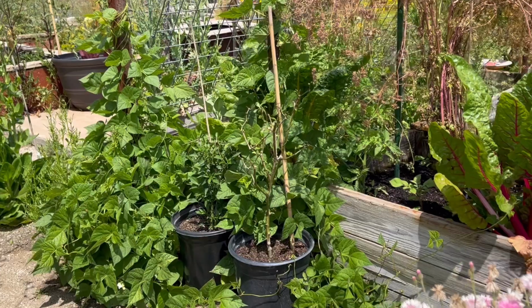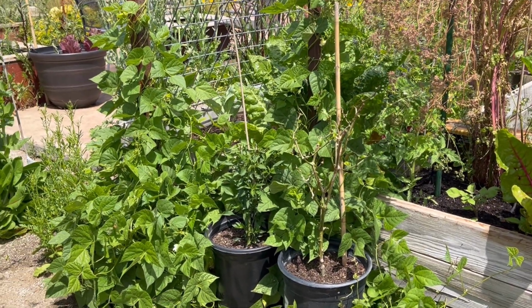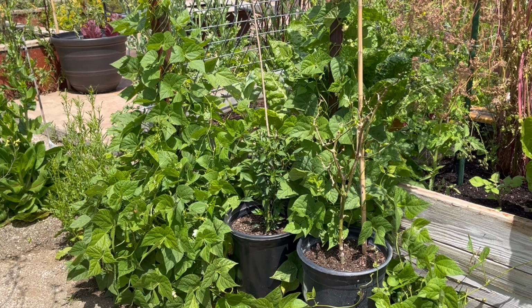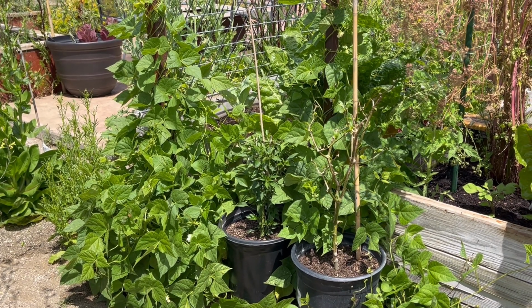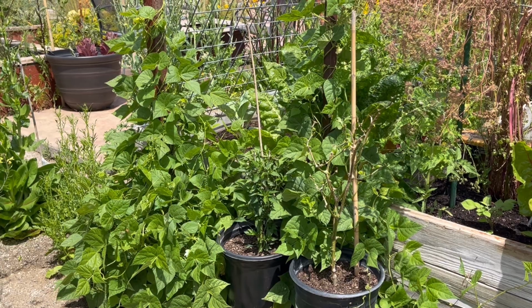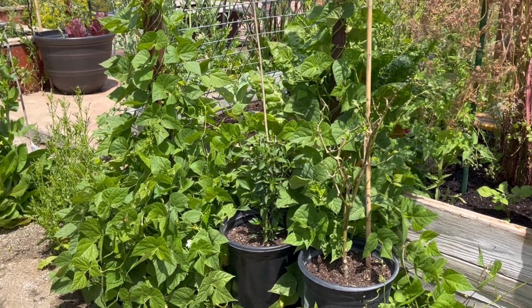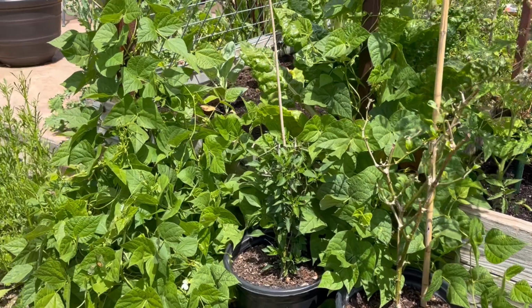This entire patch of green over here is all green beans. Self-seeded, I didn't plant not one of these, and they've been wrapping around everything. Had to get them untangled from my overwintered chili pepper plants. So I'm pretty sure we're growing way too many green beans this year, but I have a problem with all